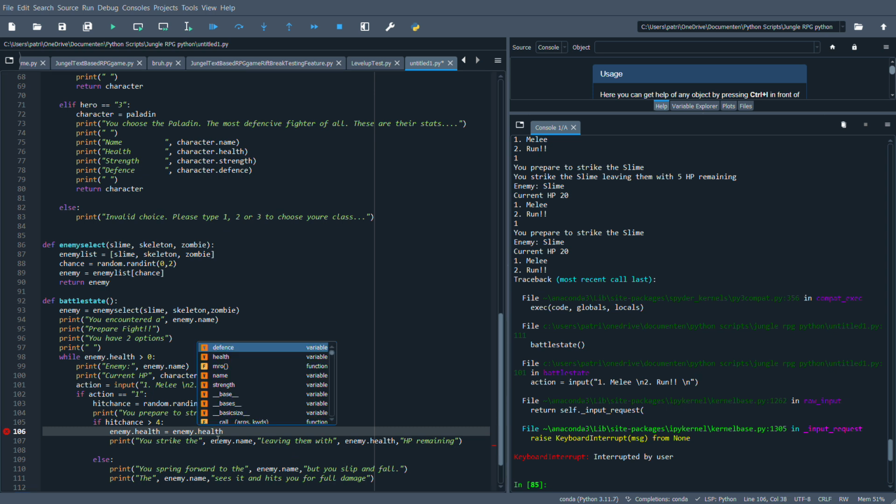You can create your own kind of formula to get the damage. But what I'm going to do: enemy.health equals the health minus, I think I'm going to do minus 1% of the enemy's defense. So no, minus 50% of the enemy's defense. So I'm going to do minus brackets, because we obviously want to make a different kind of formula inside the formula. Minus the character.strength